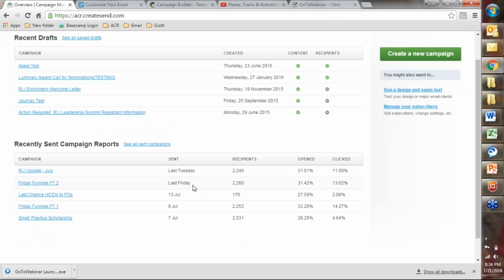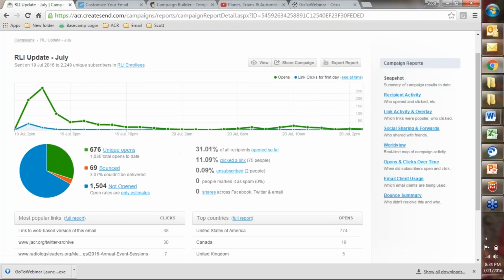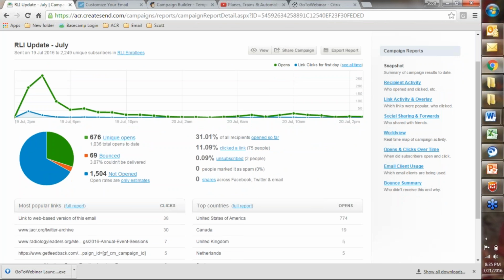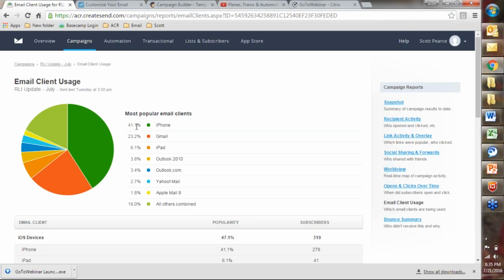Again, it tells you when it was sent, how many people it was sent to, who opened, and click rate, and things like that, and you can then open and see a good analytics snapshot here. A couple of things: it's great you can see links so you know what people are interested in, for example. The other really helpful part is that it will tell you email client usage. And again, this is the same for both Constant Contact and MailChimp. But this gives you a snapshot.